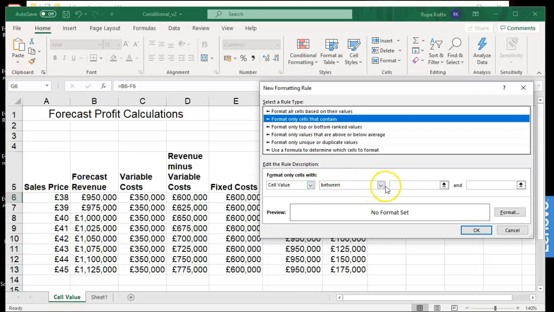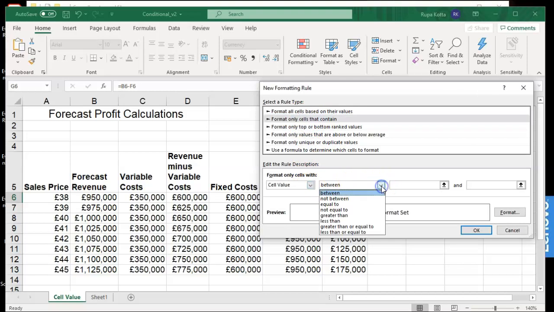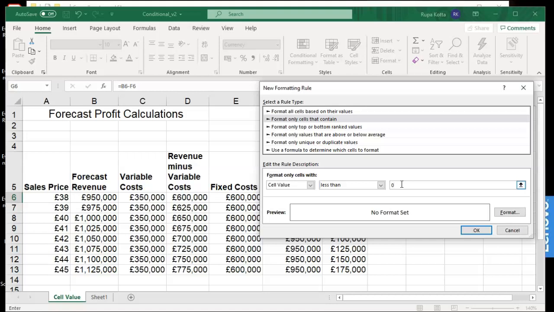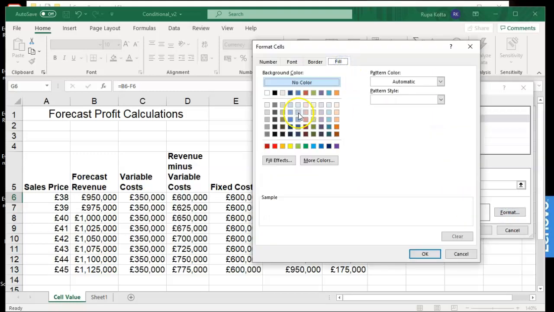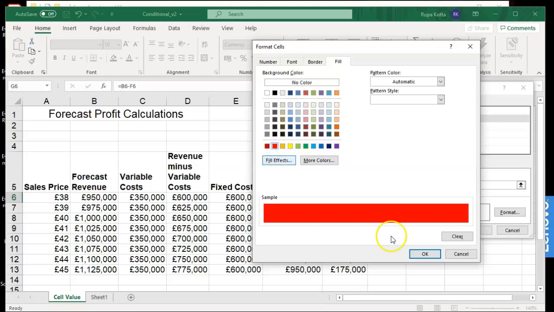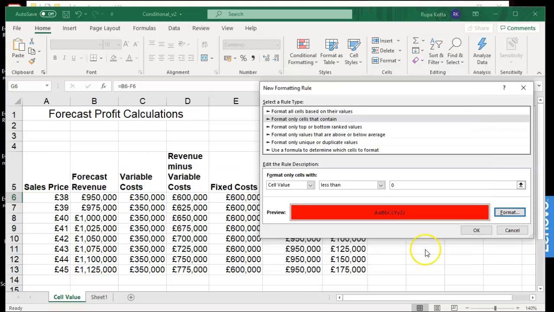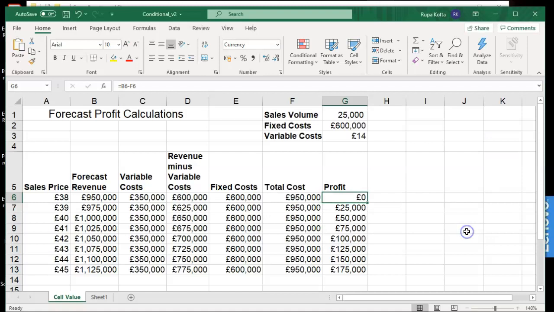So cell value less than 0, that means it is negative. Where cell value is less than 0, you want to fill the cell in red. So go to the fill and click on red and say OK and OK.